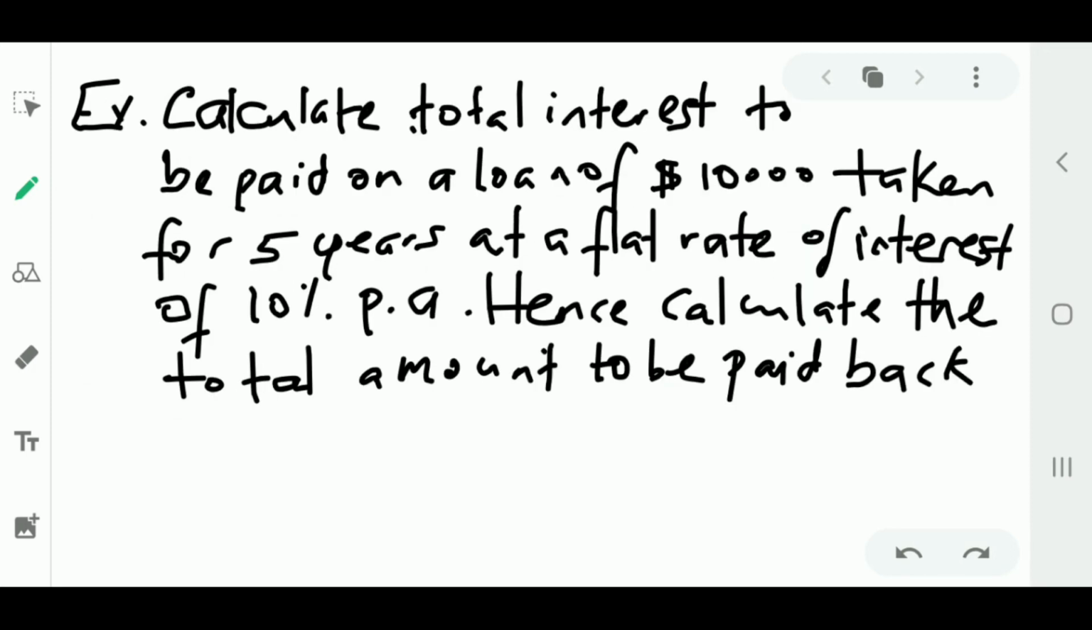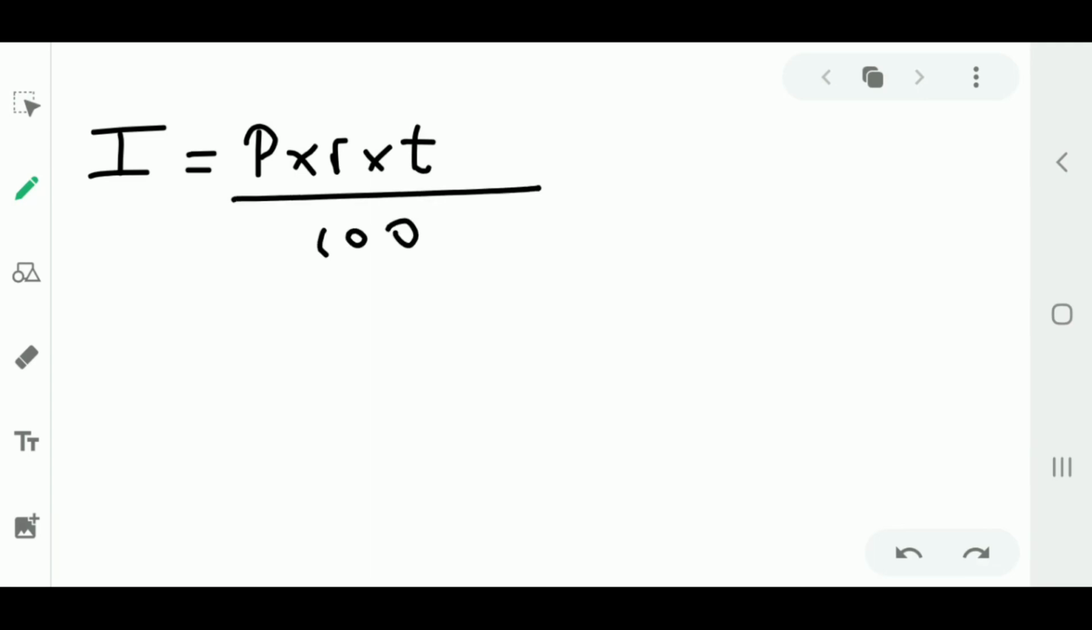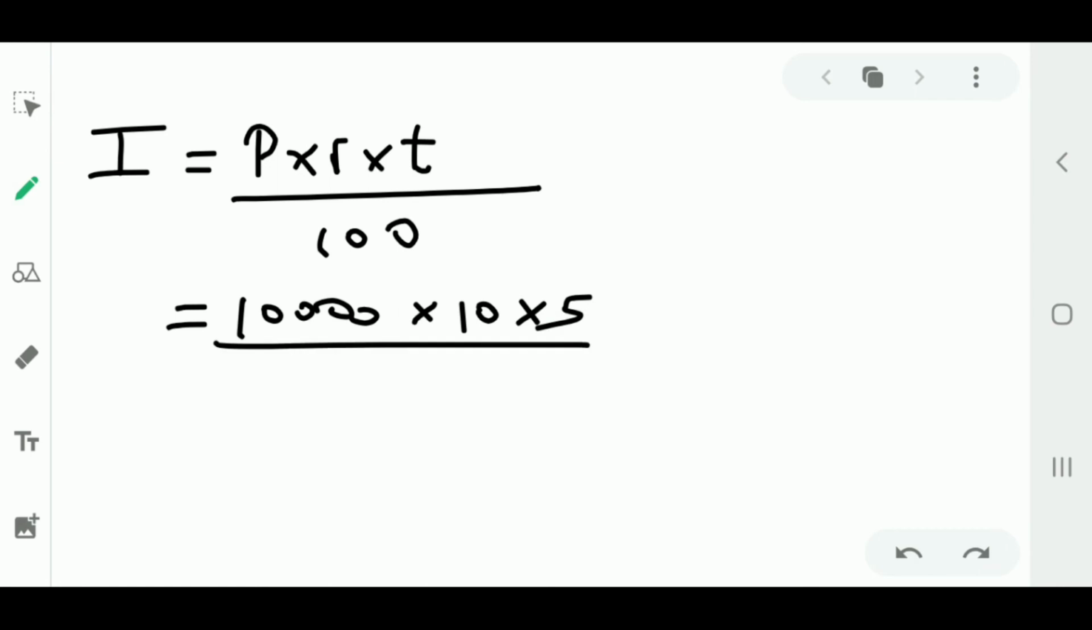Calculate the total interest to be paid on a loan of $10,000 taken for 5 years at a flat rate. So once you see flat rate, it means that the interest due can be calculated using the simple interest formula, at an interest rate of 10% per annum. Hence, calculate the total amount to be paid back. So the first thing we're going to do is use this formula here, P times R times T over 100, where P is the principal, that is $10,000, times 10% times 5 over 100,